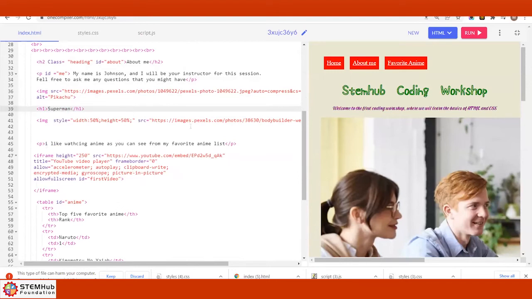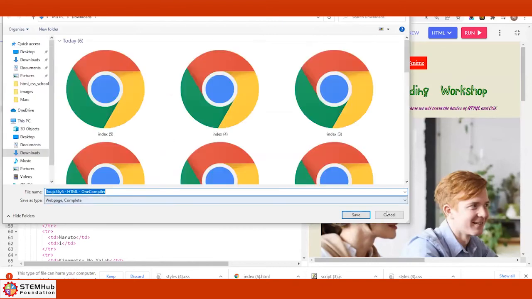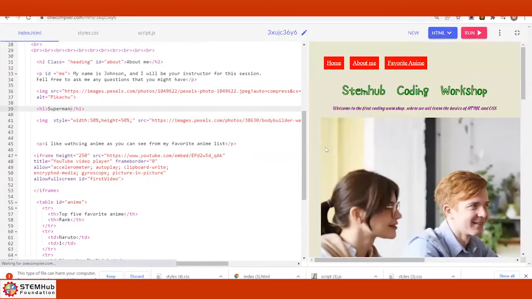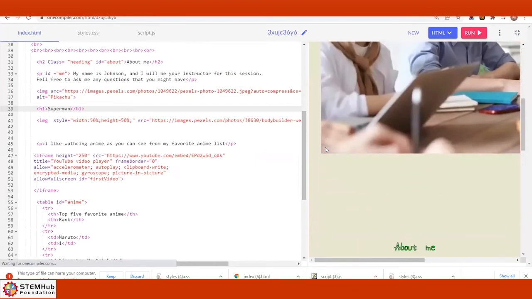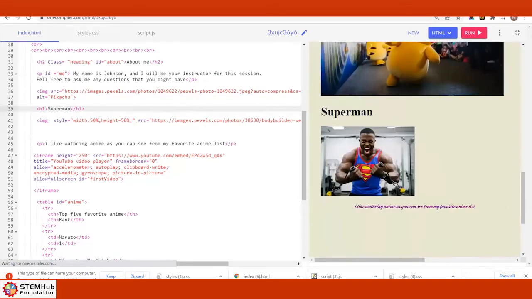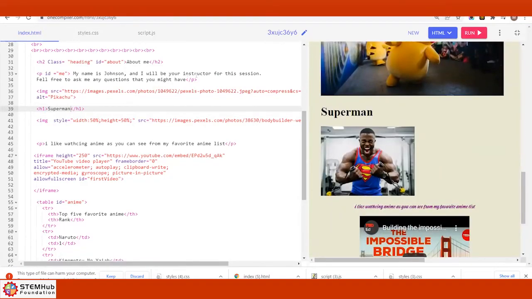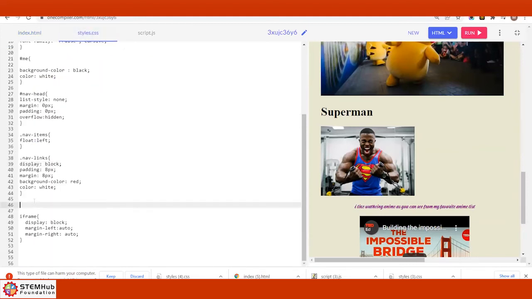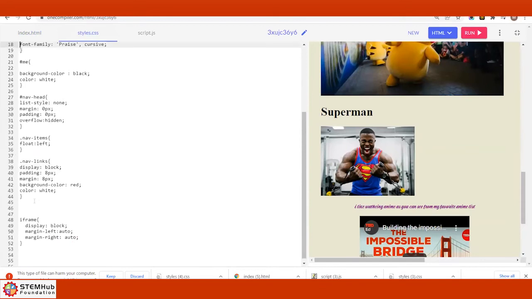All right, save, run it, and then I scroll down, and it says Superman here. I can center where it says Superman here. And how I can do that, using this H1 tag, I can come here where my H1 tag is.